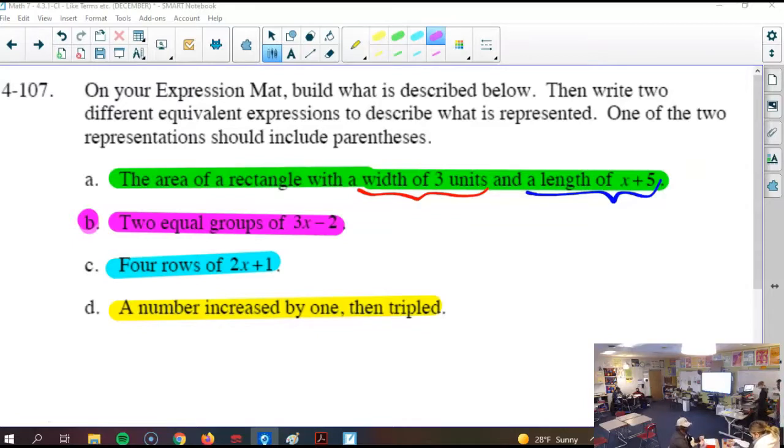And then, well, since its length is like, and then what? So, here's a hint. You now have made this 4. So, if we do this, that's a width of 3, because each of these ends, whatever you want to call it, those are each 1, right? So this is a width of 3. Right now our length is x. So if you want your length to be x plus 5,